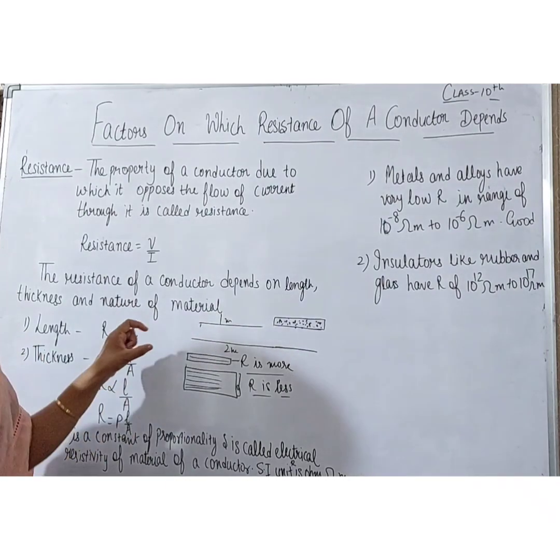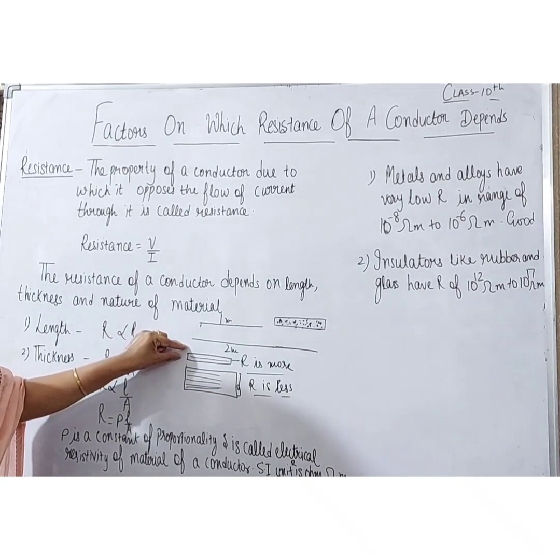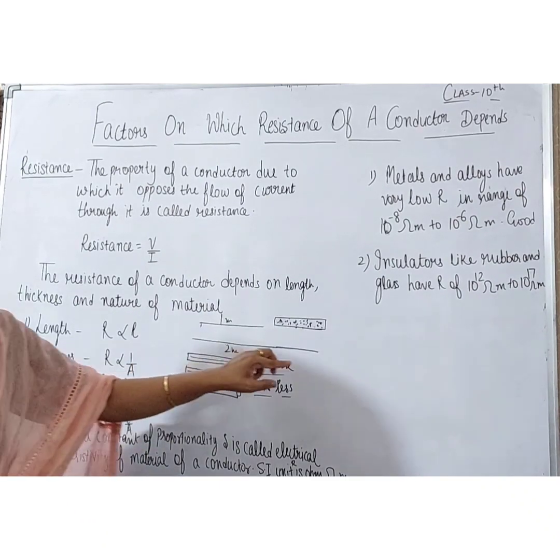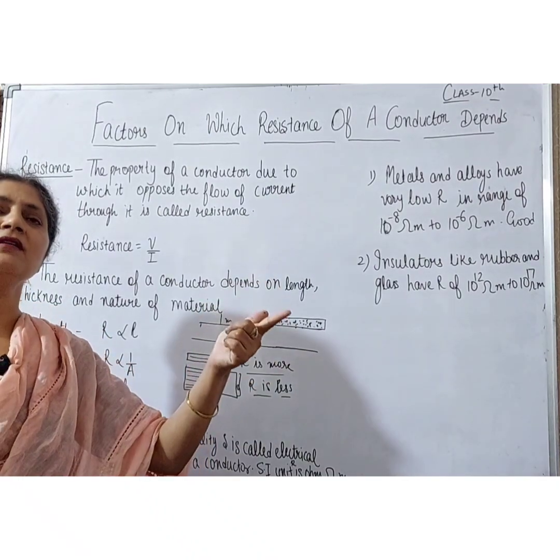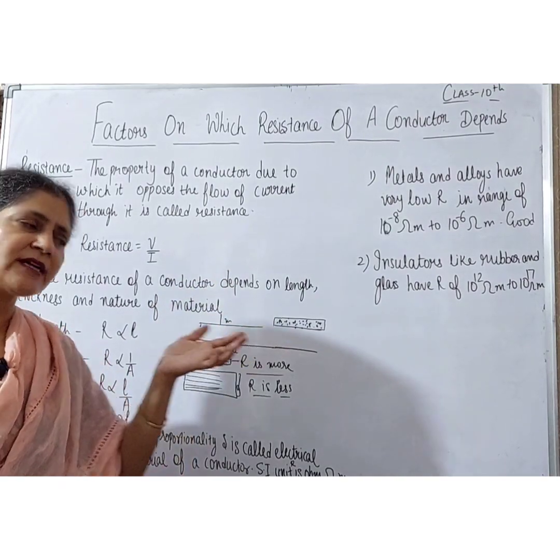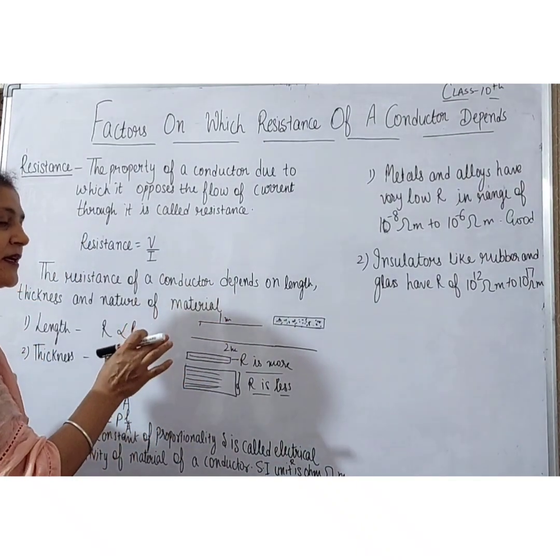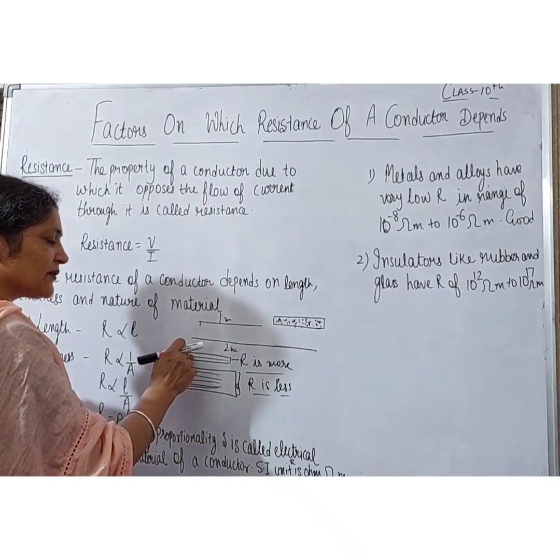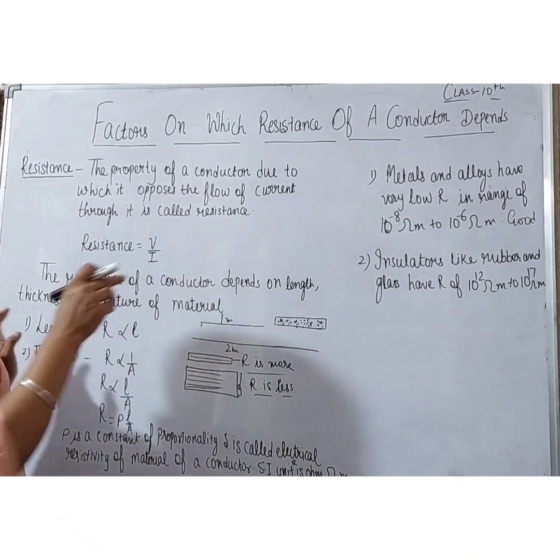I repeat, if the thickness of the wire is less, the movement of the free electrons will be less, and if the thickness is more, the movement of the free electrons will be more, and the opposite is the case for resistivity, because resistivity is opposite to the electric current. Electric current is the flow of charges. If more charges are free to move, free electrons are moving here, so the flow of charge is more, the resistivity will be less. Here few free electrons are able to move because thickness is less, so resistivity will be